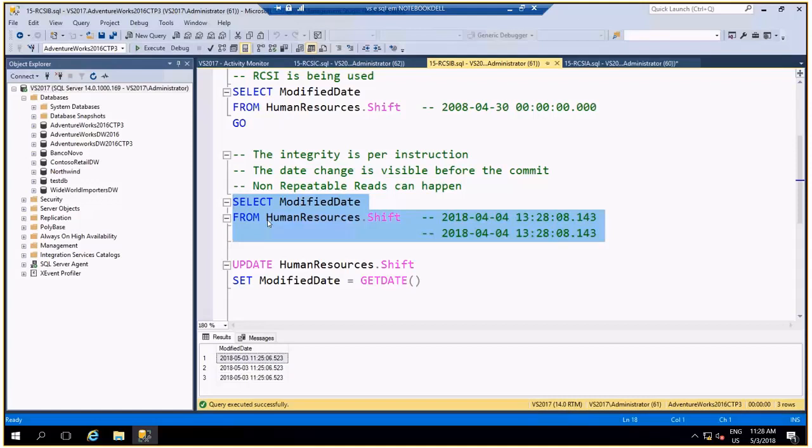RCSI can still allow us to improve the scalability of production applications without any code change, only changing the configuration, enabling RCSI at the database level. And this kind of problem, or non-repeatable read phantoms, are not very usual. This happens, but it's not very usual that we have transactions really affected by them.